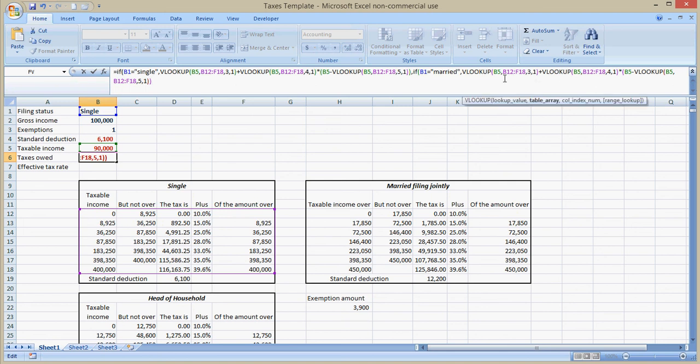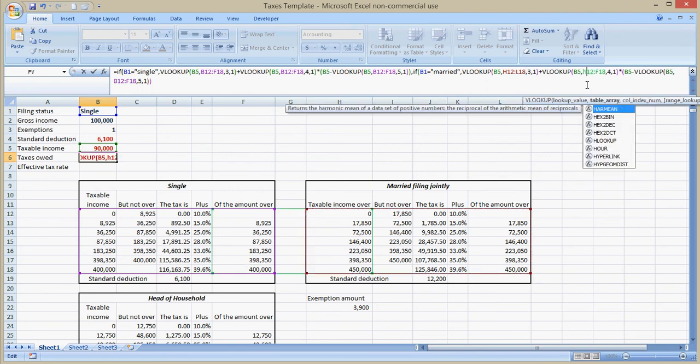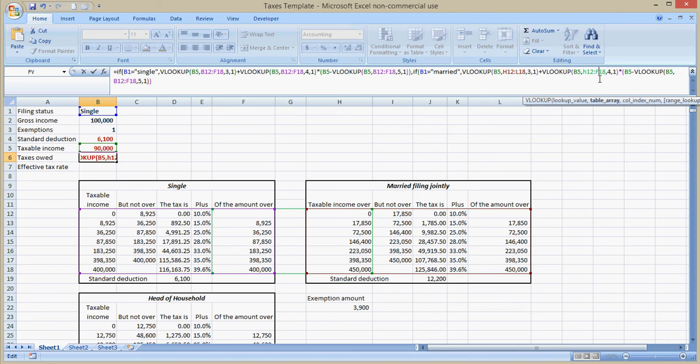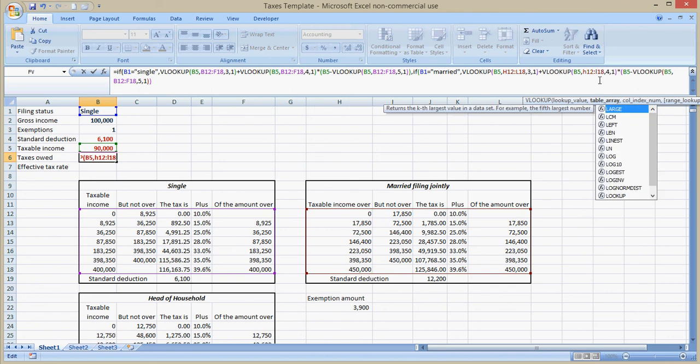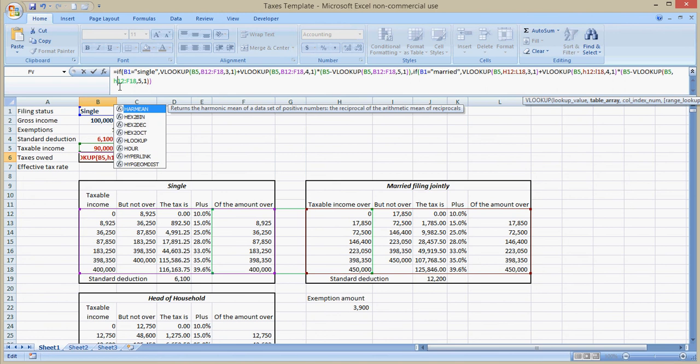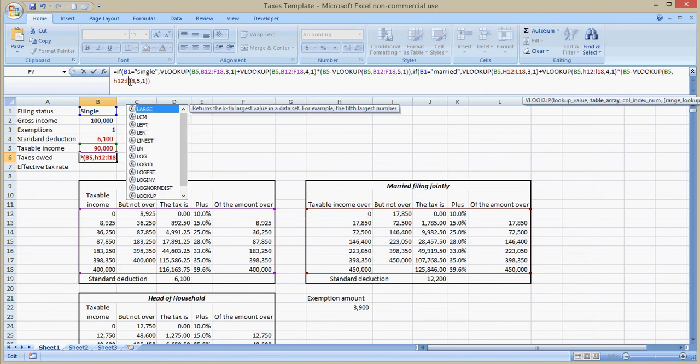I'm not looking in this table, B12 to F18. I'm looking in this table. That's the only difference. So really I need that to be H12 to L18, and that needs to be H12 to L18,